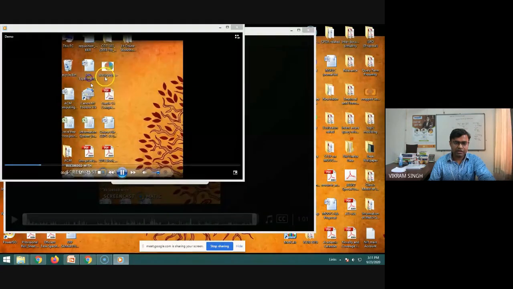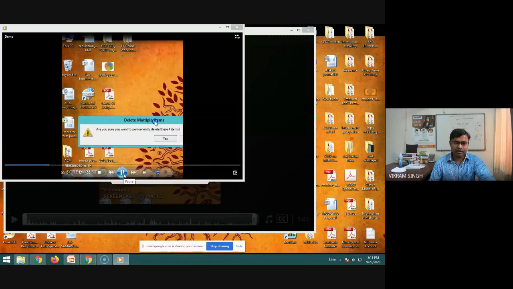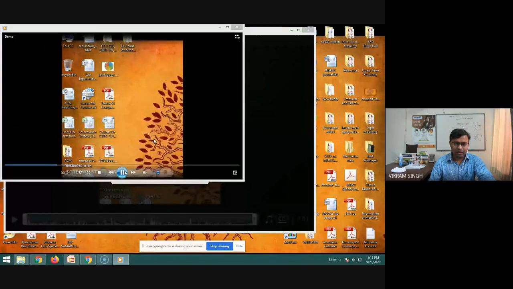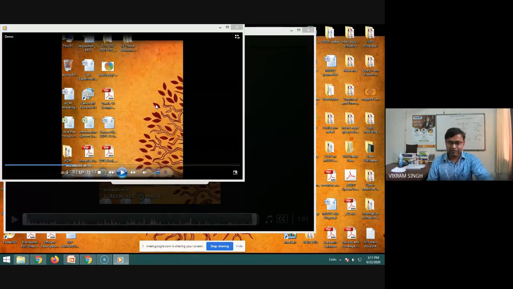Along with the cursor, it shows a blue circle attached to the cursor arrow, and sometimes it shows yellow, sometimes red. So each and every cursor operation is highlighted by the cursor pointer, right?